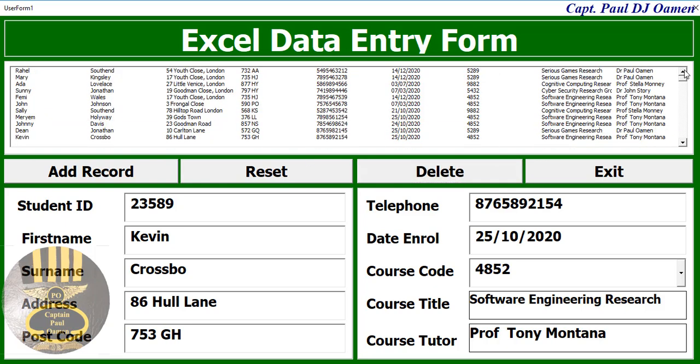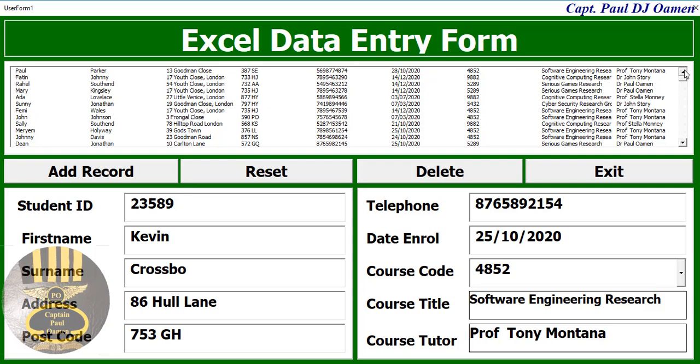There we go. Now that you guys seen how the data entering works, this is just an overview, and with